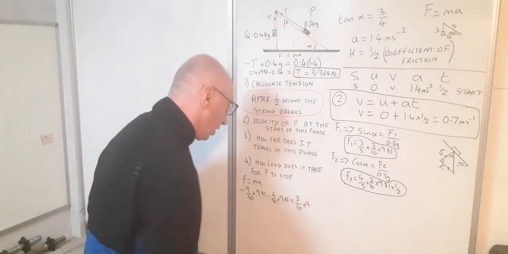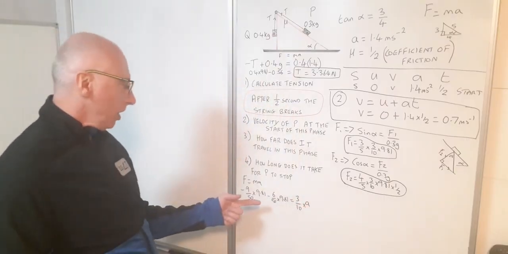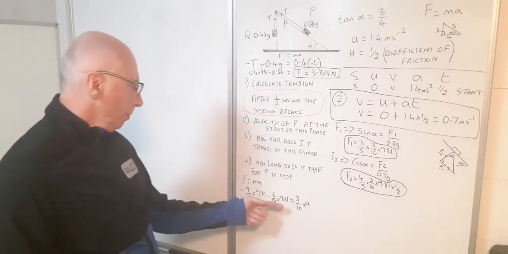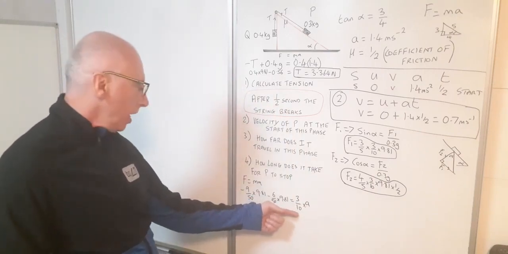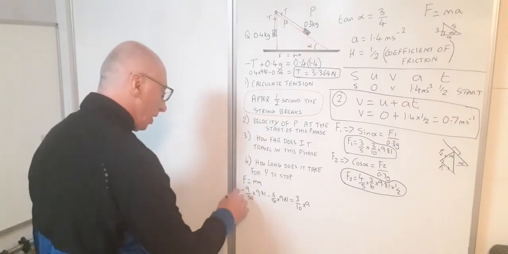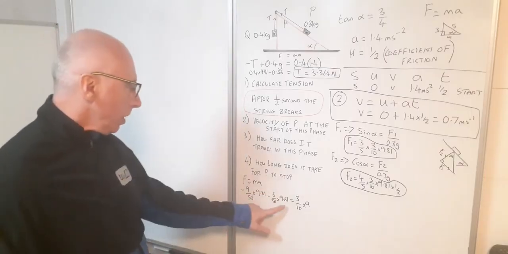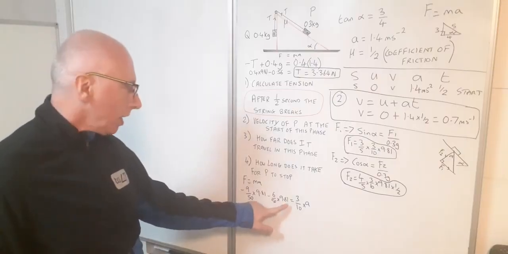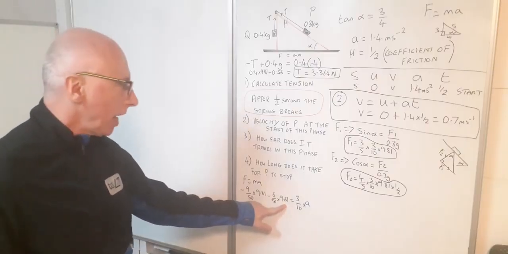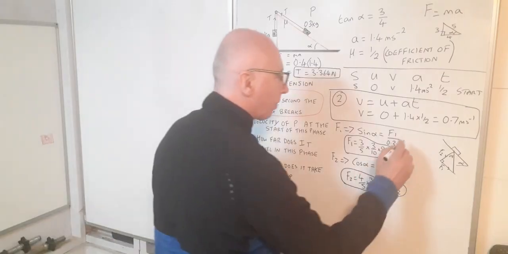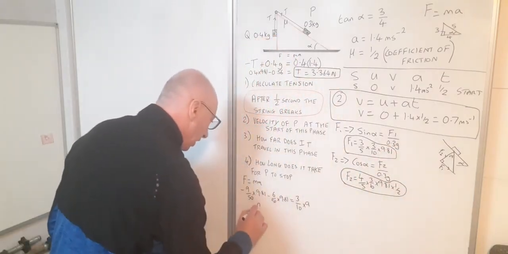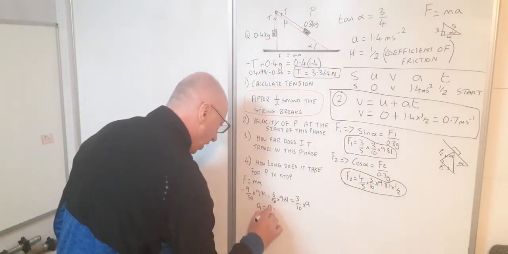times acceleration. Now to get acceleration on its own, I need to just times both sides by 10/3. So if I times this by 10/3 and this by 10/3, we'll end up with back to the 9.81. So acceleration here will actually be 9.81. So that'll be our new acceleration. So then I put that in here, A equals 9.81